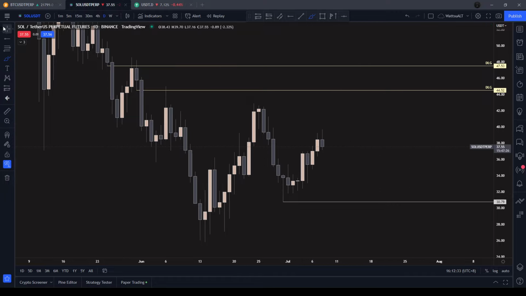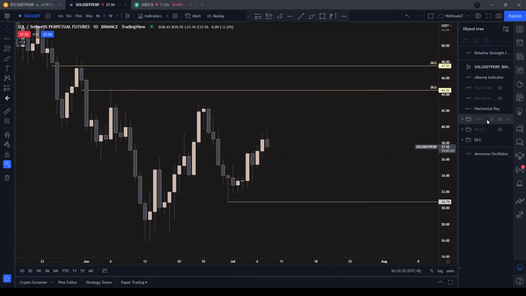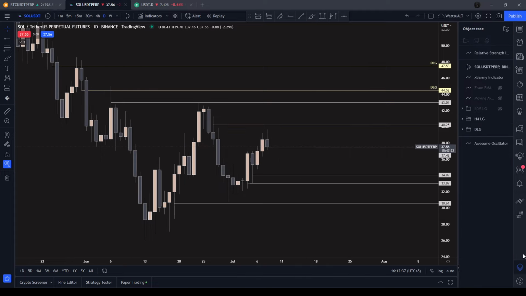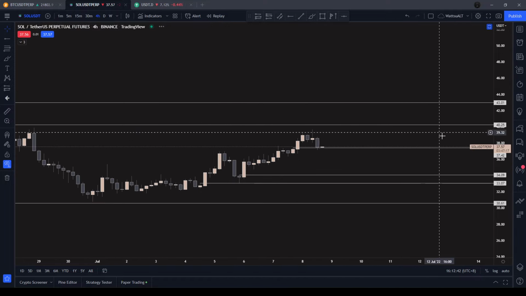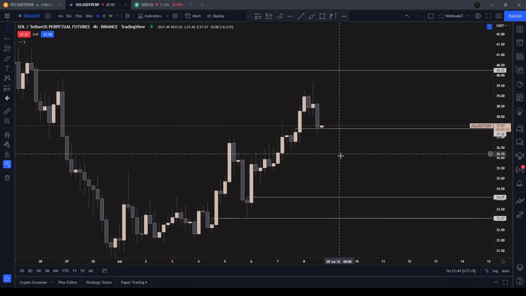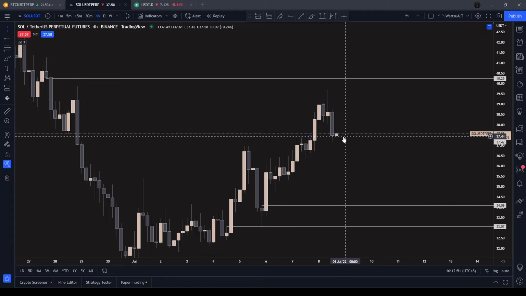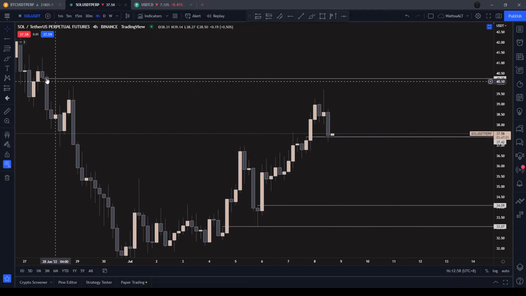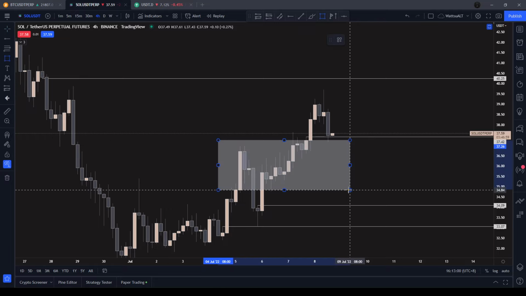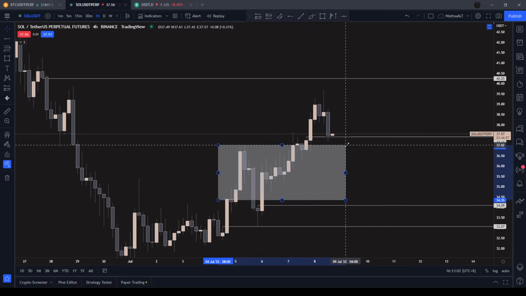Okay, on the 4-hour time frame, let's jump in on our favorite time frame. Since we see this LG right here, then we see this reversal right here as well, then we would expect this LG to be protected. But if we close below it, okay, you don't see any LG here. If we close below this one,